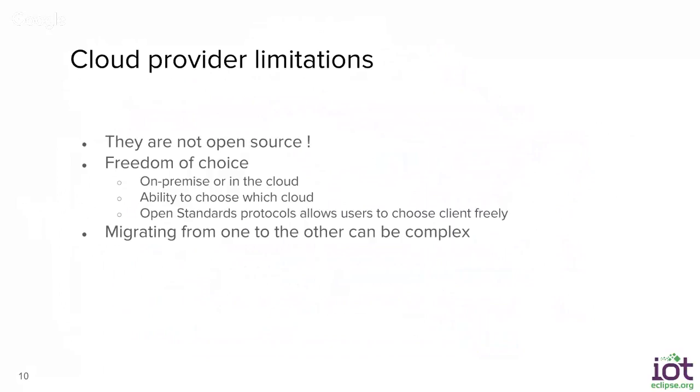It's even difficult, for example, if I decided to start using an IoT Hub-based solution, then for some reason I decide to move from Azure IoT Hub to Amazon IoT, it's quite difficult to move my solution from one cloud to another. I have to change maybe a lot of things in the application side, on cloud, or on the client side, and so on. So it could be more complex to have this kind of solution moved from one cloud to another, or for example, from on-premise to the cloud.